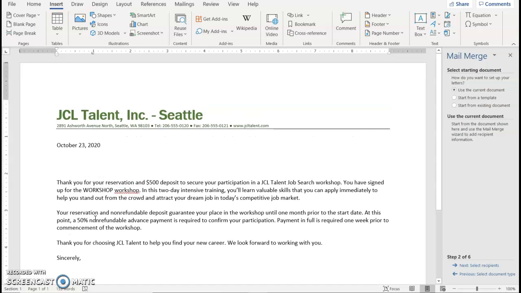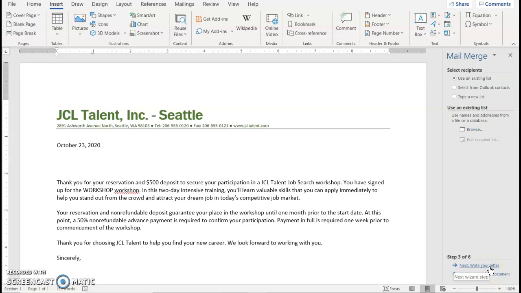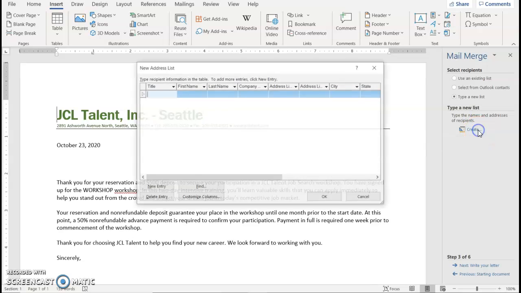Control Home takes you back up to the top, and then we'll click down at the bottom on where it says steps 2 through 6. You're going to click Select Next, Select Recipients. So we're actually going to start putting in the information of who we're going to send this letter to. You're going to choose Type a New List, then choose Create,